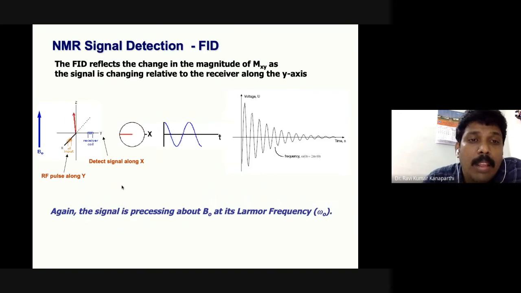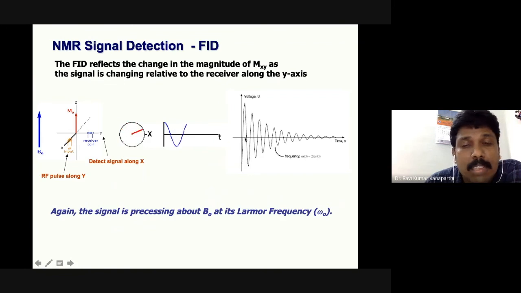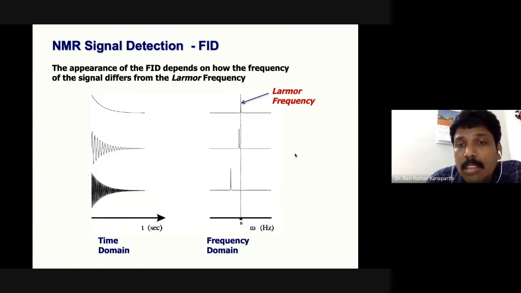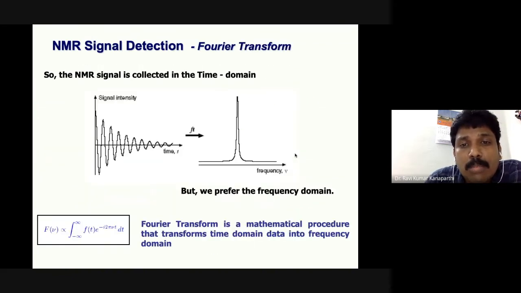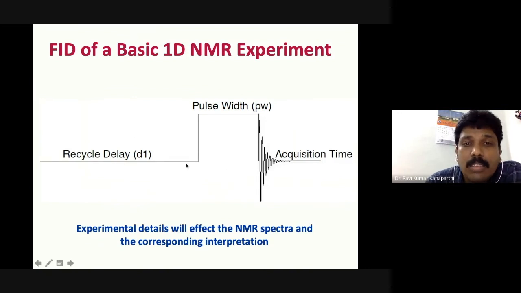Well, in another animation you can see the entire process. What I have said is represented here. Initially it is moving, and accordingly you will have a signal generation. This is called a free induction decay, a time versus intensity information. Initially it will be more. Let me show, there must be another decay. Yeah, this is what we call the free induction decay.